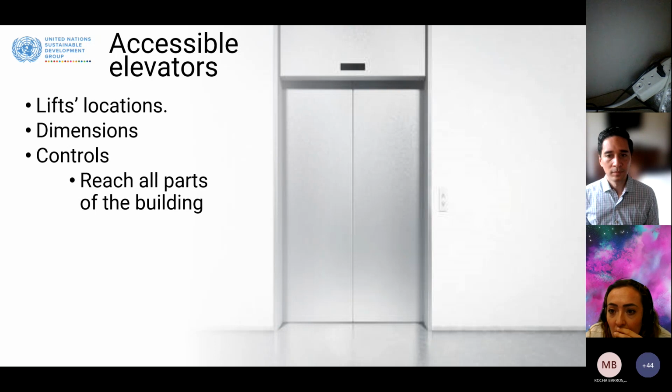The important thing to keep in mind for any section of the building is to be well dimensioned and well lit. So the stairs and escalators have to be well lit for anyone to be able to use them. And also landing between stairs should be sufficient for a swing door to be fully opened for a person who is using a wheelchair to use them. So we move to the next slide.